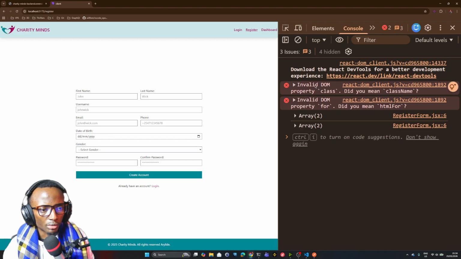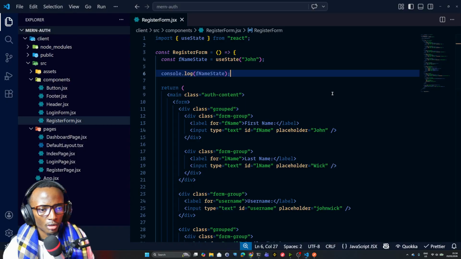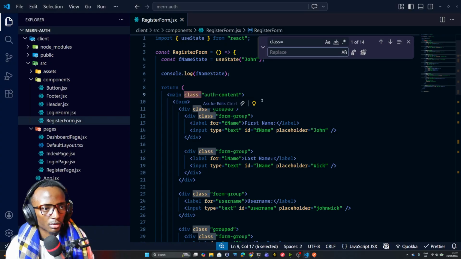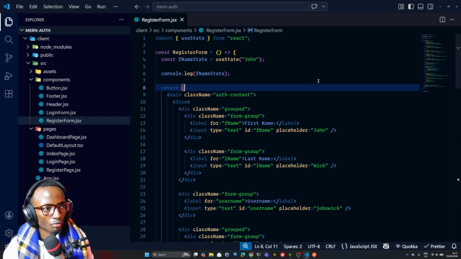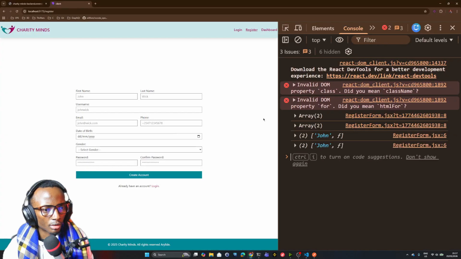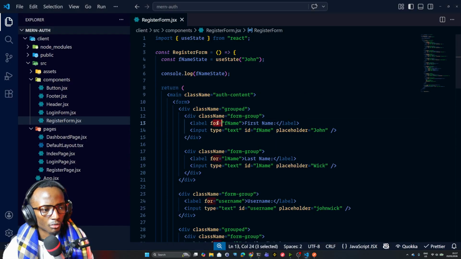So for now, ignore this, or maybe we can change them. So for every place we have class, we're going to replace it with className. Let's replace all. Okay. Then the for, we also need to replace the fors with htmlFor. So in the label,